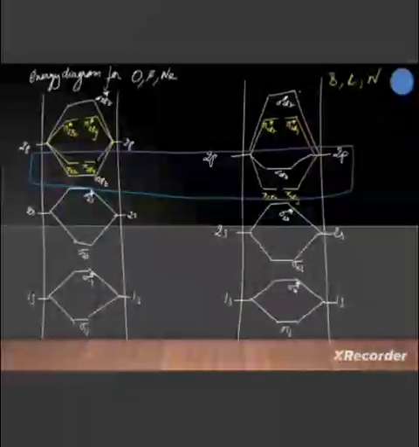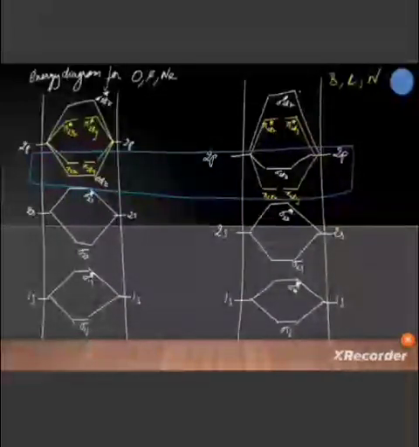Students, this sequence of energy levels of the molecular orbitals is not correct for the remaining molecules like lithium, beryllium, boron, carbon and nitrogen molecules, meaning up to atomic number 7. Here, due to sp mixing, the energy of the sigma 2pz becomes more than the pi 2px and the pi 2py.